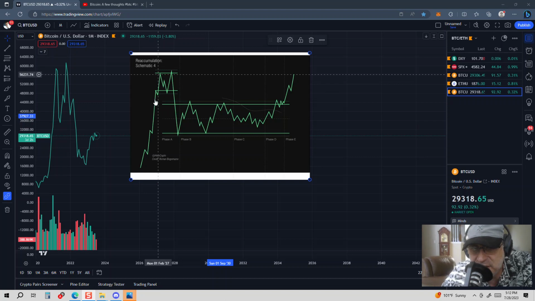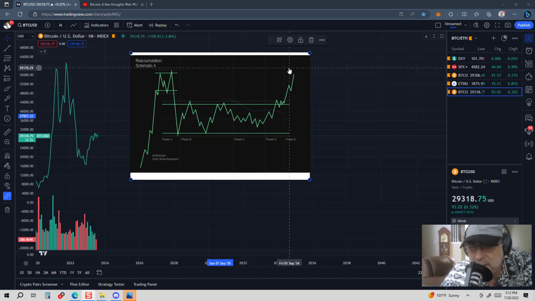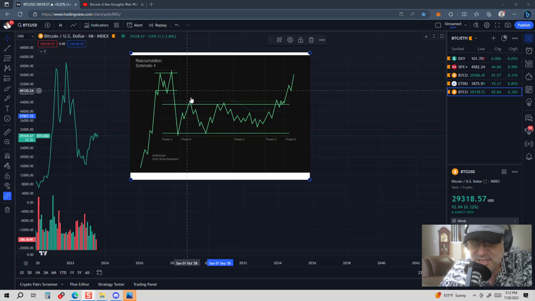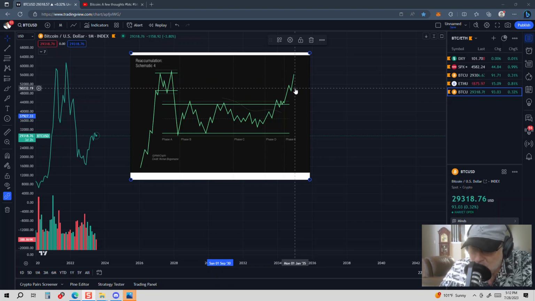It's like an intermittent. So it comes after a markup, and then it comes back down, and then it reaccumulates. And then instead of going down, which would make it a distribution, it puts another leg up. And that makes it a reaccumulation. So it's like the second leg of a series in a markup. But what we can do with reaccumulation schematics,